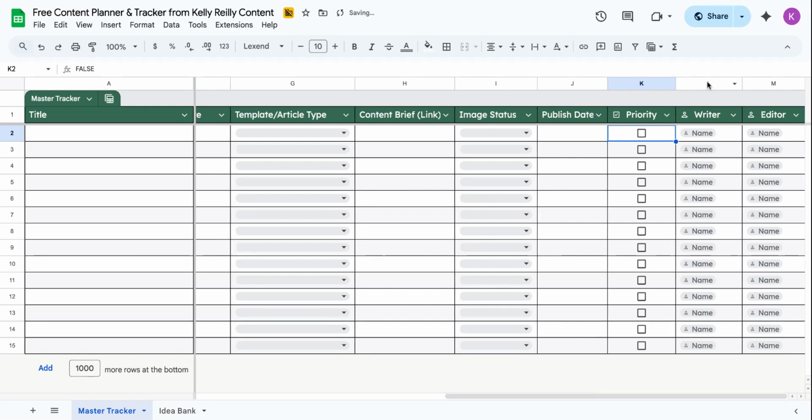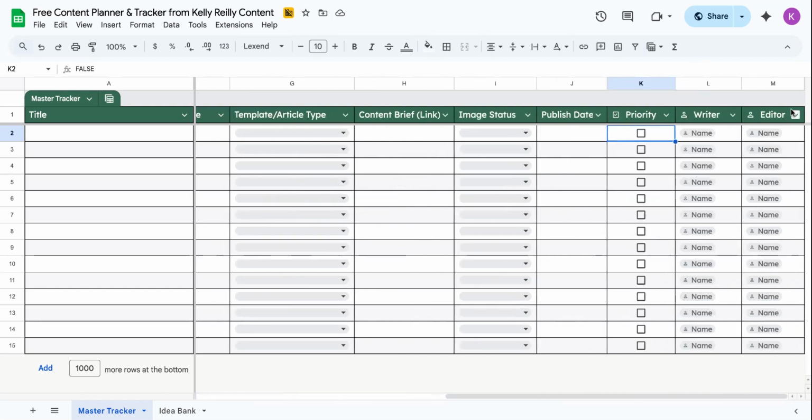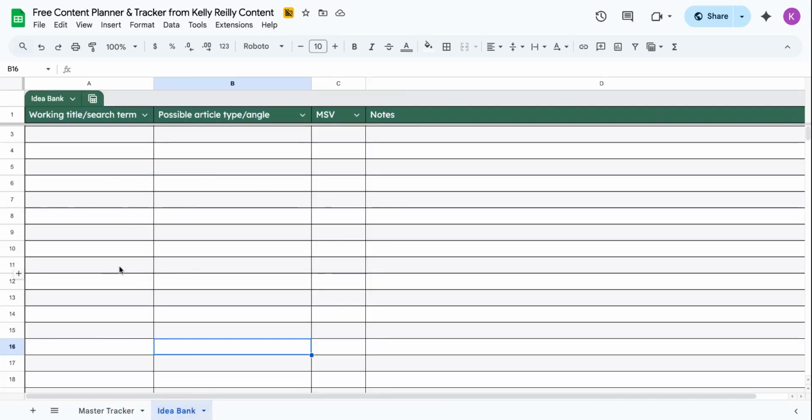And then same here for writer and editor. It's very similar to the assigned to field. So again, if you don't have a writer or editor, you can simply delete these columns. But if work is going to be handled by multiple people, this is where I would recommend doing that. So there's just a quick tour of that sheet. And then on the other sheet, I created just a really quick idea bank for